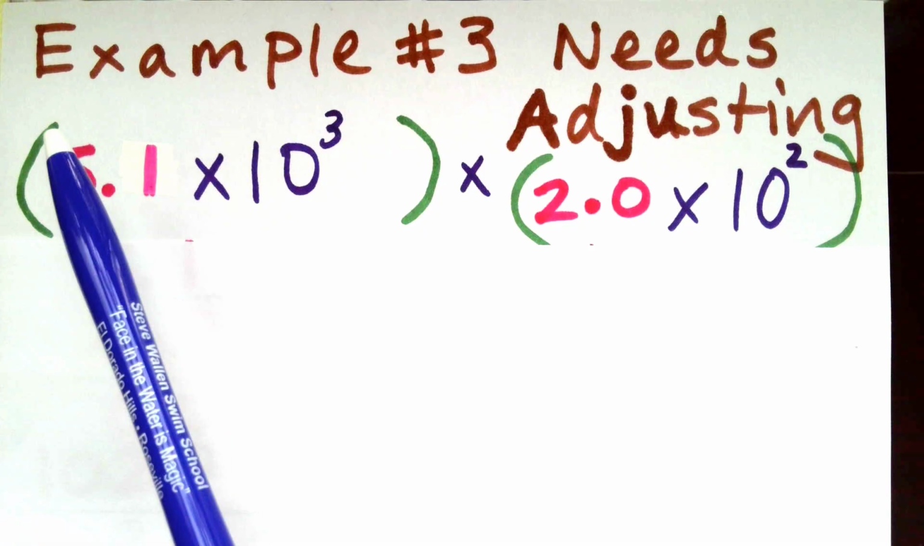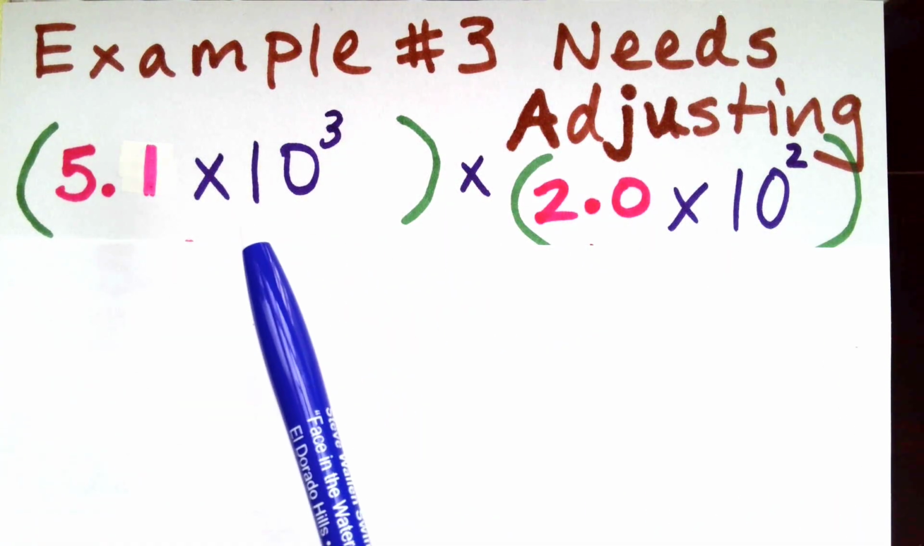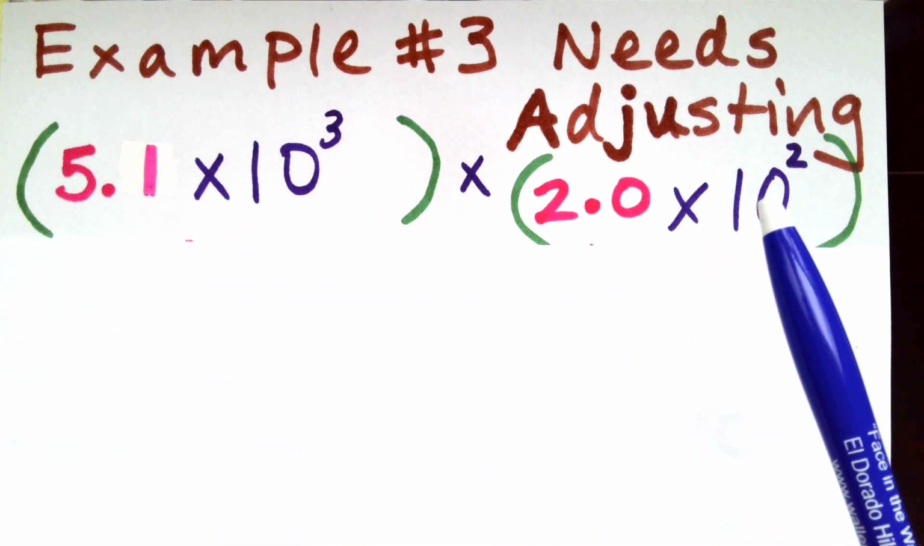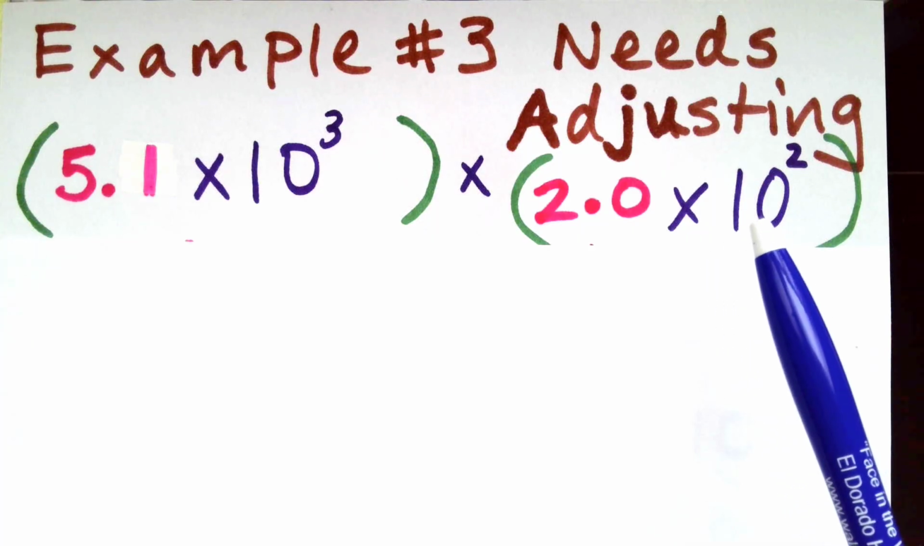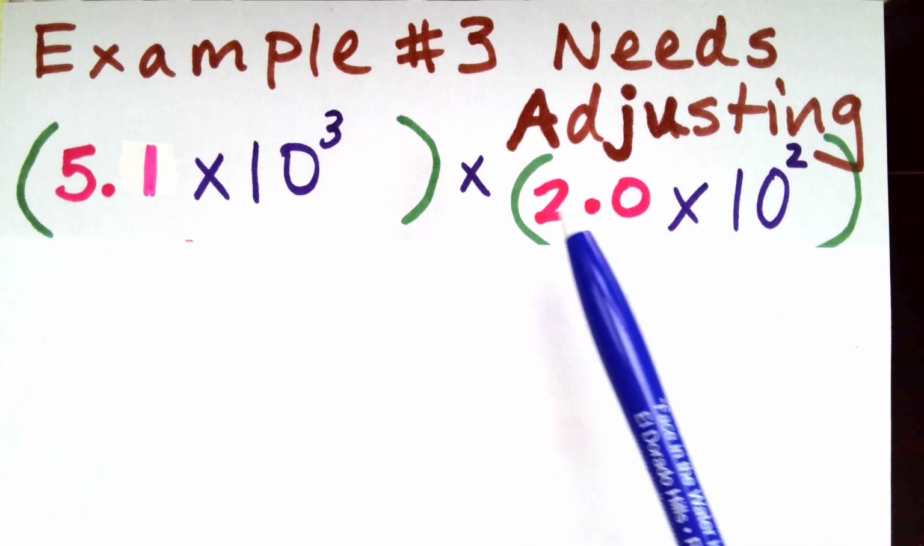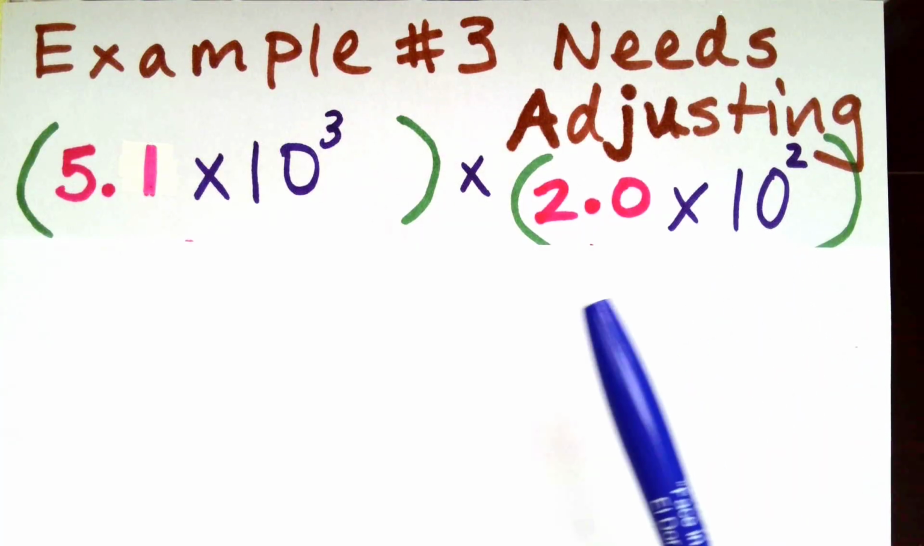We're continuing to work on examples. Here, example 3, finding the product. That's an answer to a multiplication problem using scientific notation. And with this particular example, it's going to need some adjusting towards the end. So we got